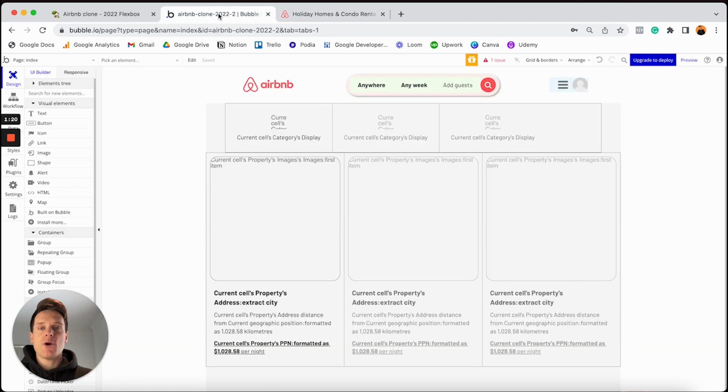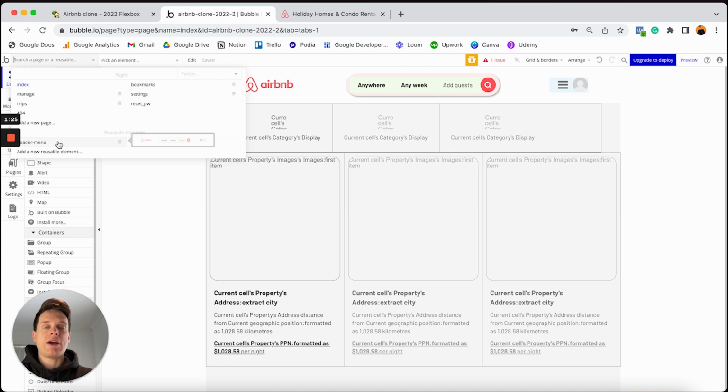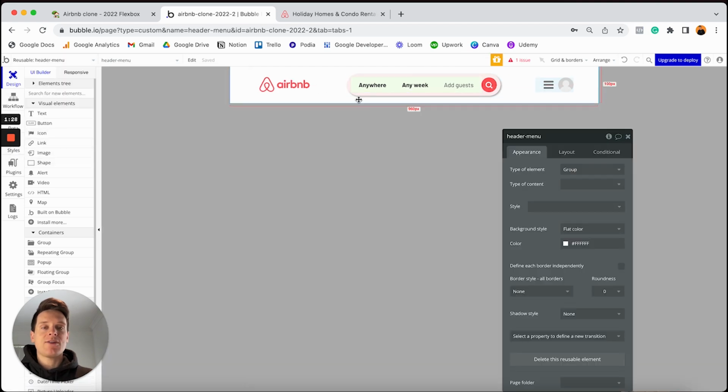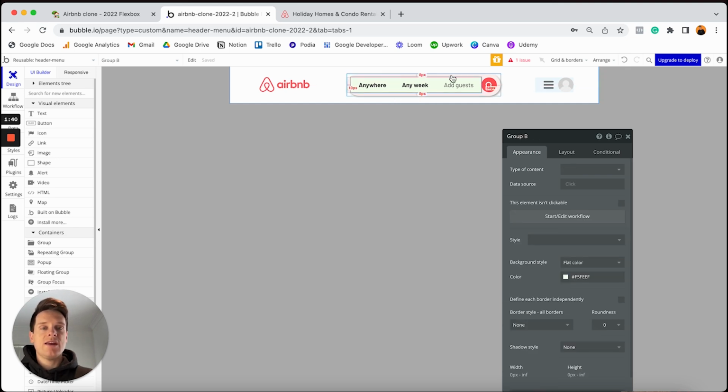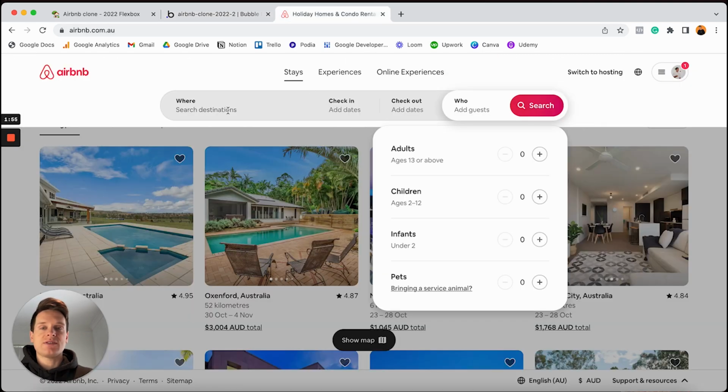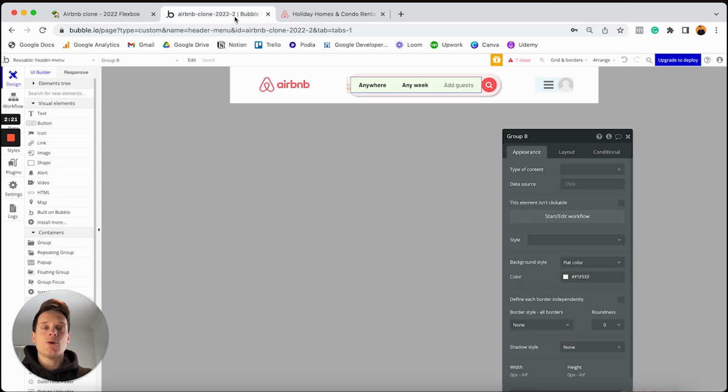And so if I was to jump over into our Bubble editor and open up our page drop-down menu, so I can open our header menu here, you may remember that we had created our own placeholder group here. And so if we were to replicate Airbnb's experience, essentially whenever this green group or any items in this group are clicked, what I'd like to do is create a feature that's going to hide this green group and display a series of input fields. And these are going to be the input fields here, like where someone can type in the destination, the check-in, and the checkout dates. And in order to build out this feature, we're going to need to leverage a custom